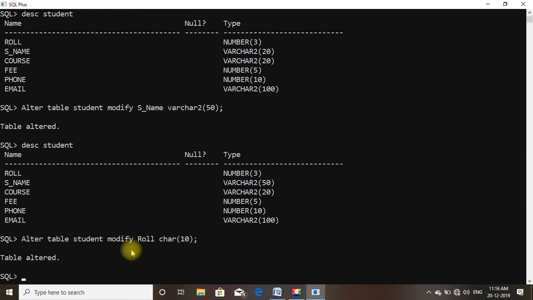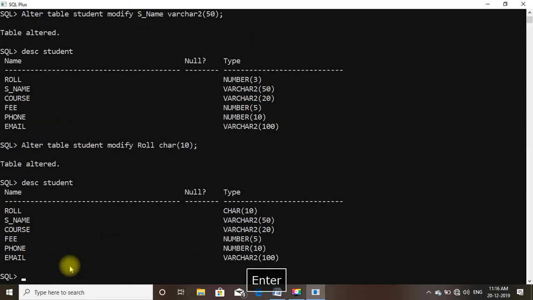Table altered. Role has been changed. Now we shall describe the table. Now you can see that the role data type has changed to char 10.